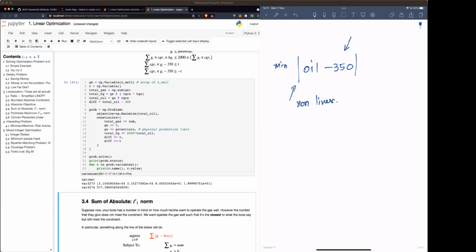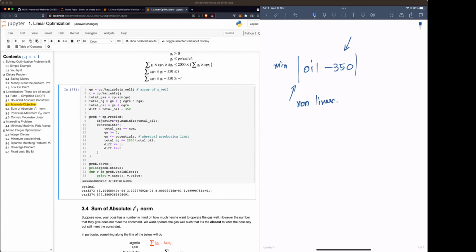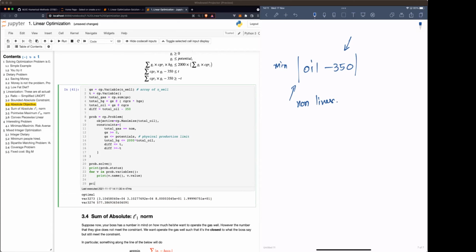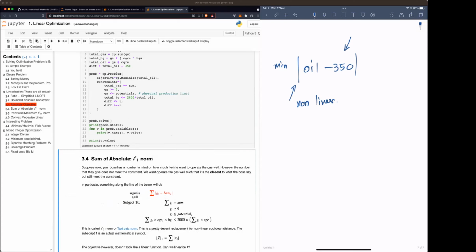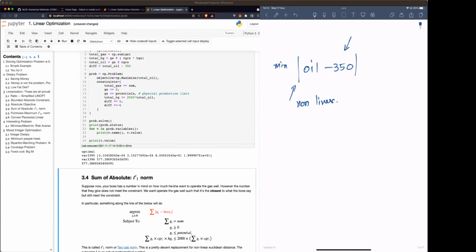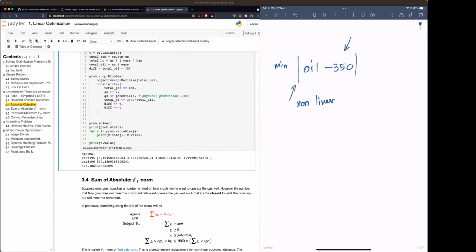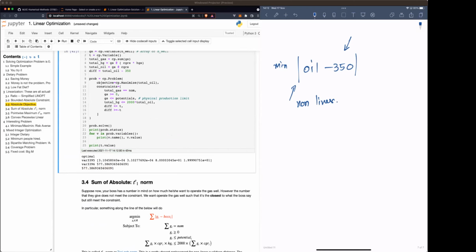And this is how much you should produce. Okay, and you can just print the value of t. I think it's 500. Right, so you produce in total, the bound is 557, which should be exactly the